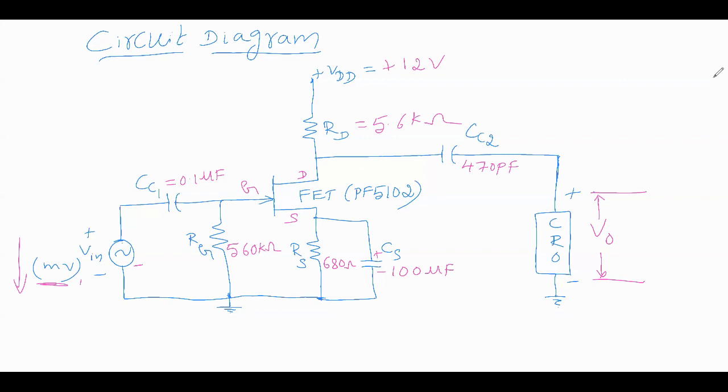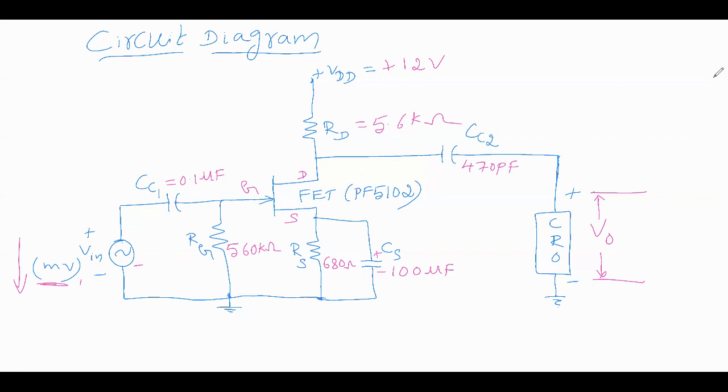Once you get a proper sinusoidal, undistorted signal for the applied input, you can take the readings by varying the frequency from 100 hertz to megahertz, in steps of 100, 200, 1K, 2K, 10K, 20K, 100K, 200K, like that. Note down the corresponding V0 for all the frequencies and calculate the gain. AV equals V0 by Vi, expressed in decibels by taking 20 log of that gain. Therefore, you can plot the frequency response.